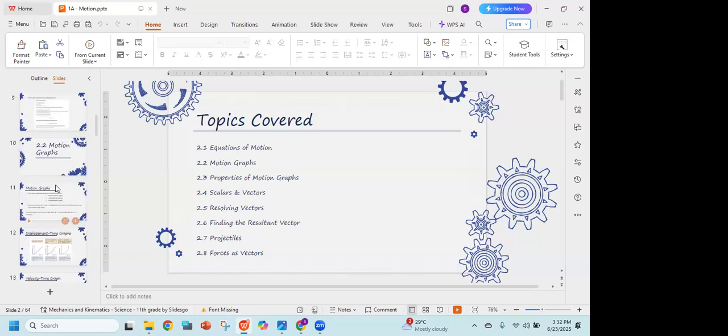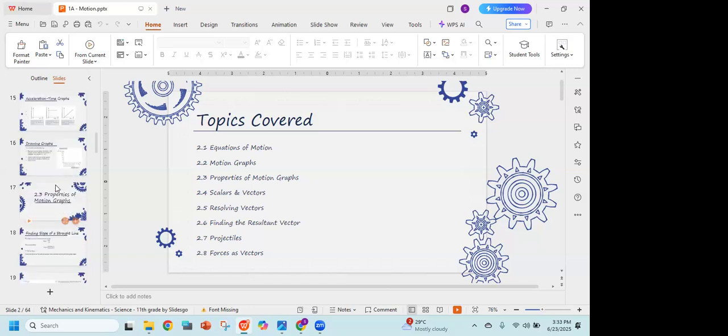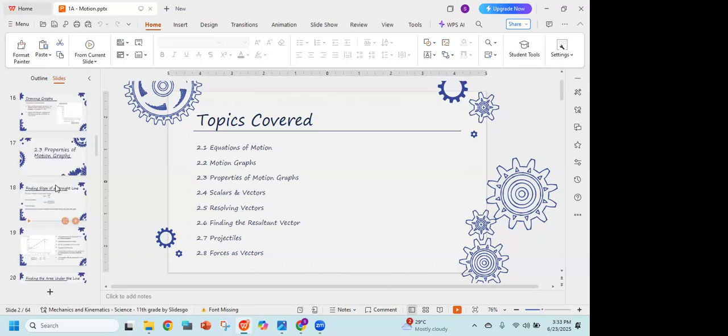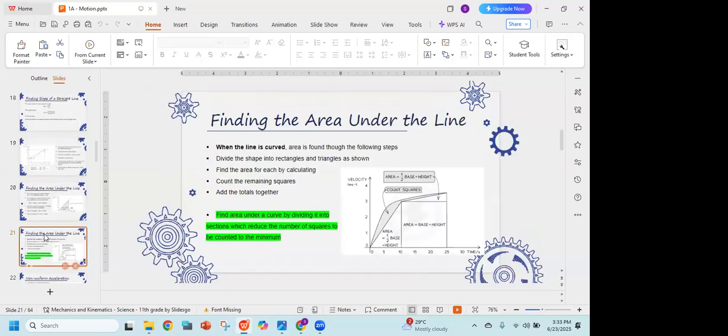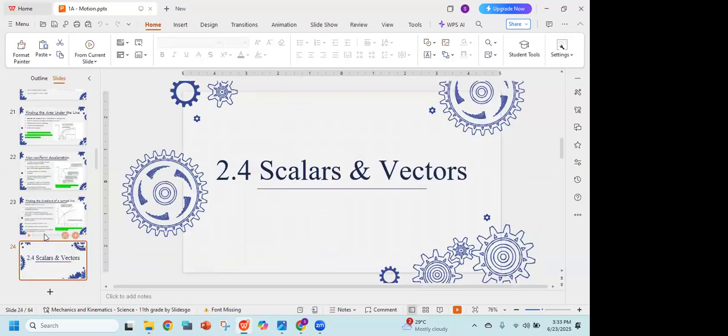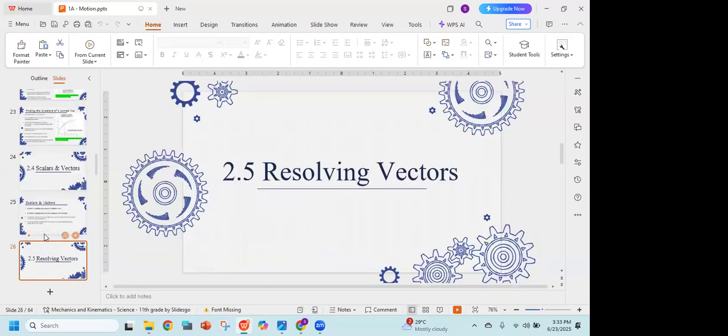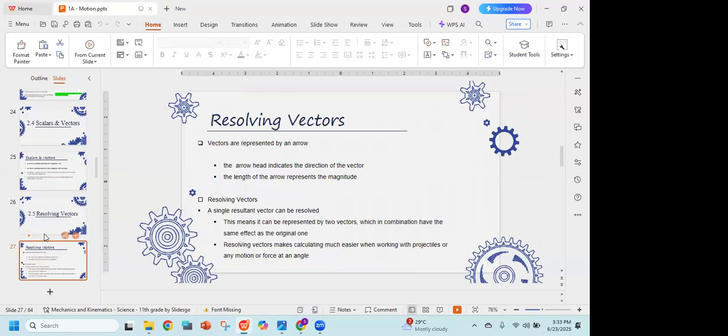The scalars are basically ones with magnitude, and vectors are the ones with magnitude and direction. Is it clear? Yeah. Then we looked at something called resolving vectors. Okay. So generally